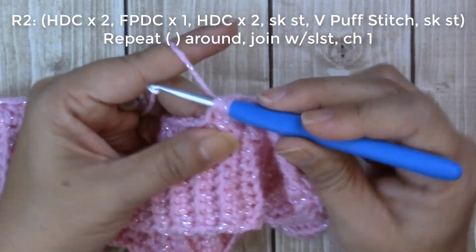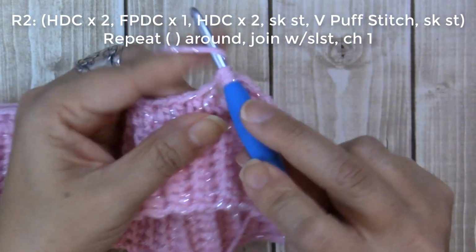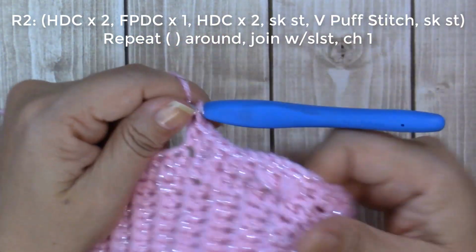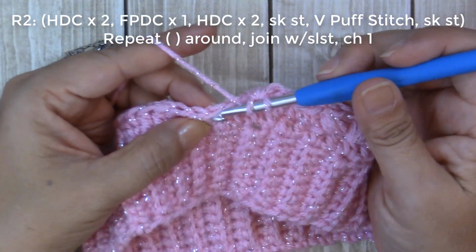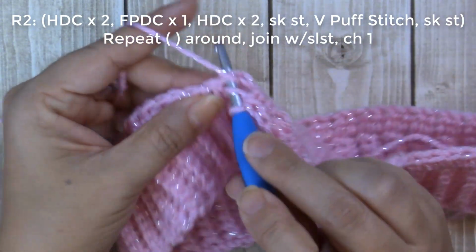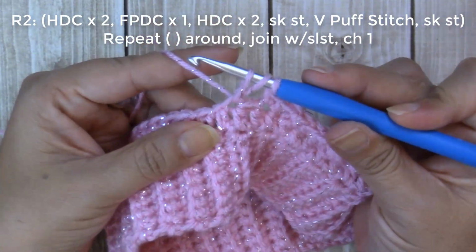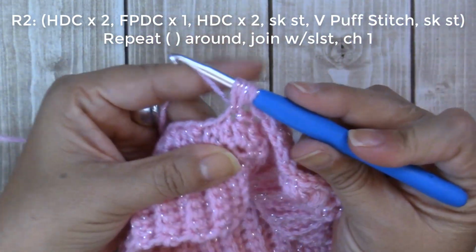So just like this. There's 1, and here's the 2nd. So we're going to skip the next stitch, and then we're going to do a V puff stitch in the next stitch. So skip this one, yarn over, 3 loops on your hook, yarn over, that's 2,